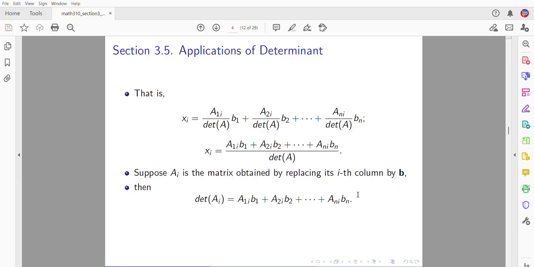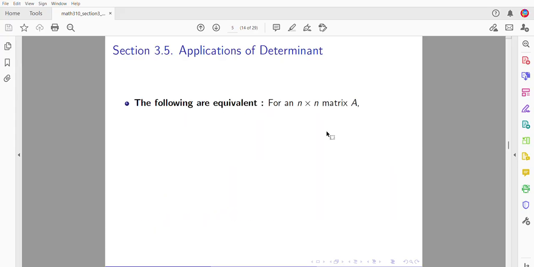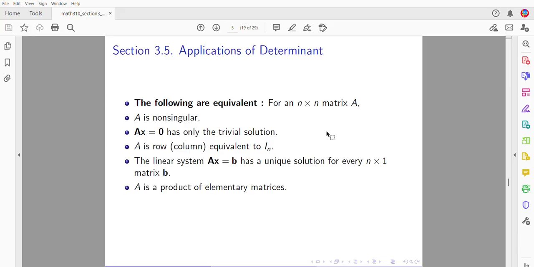Okay? We have proved the theorem. So the numerator is the determinant of A_i. Okay? Here is a bunch of equivalent statements, very important. You saw such in one of your previous sections. If A is non-singular, so this is equivalent. A is non-singular, then AX equals 0 has only the trivial solution,